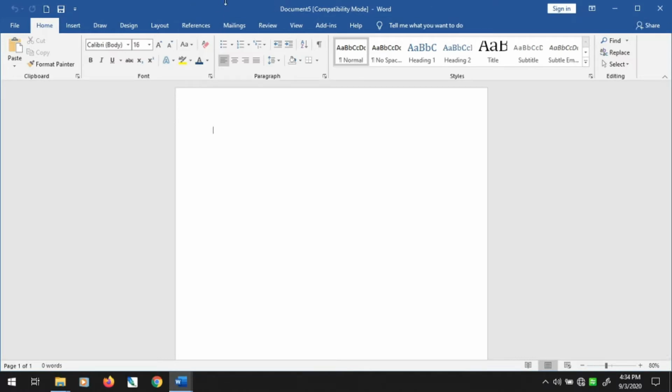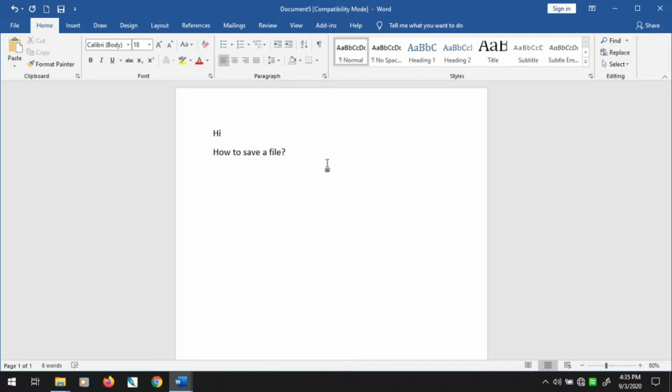We will save that file with a new name, but before that let us type something so that we can save this file. So this is the text here. We have written a text in the document. Now let us move to the saving part.